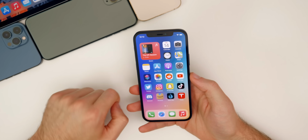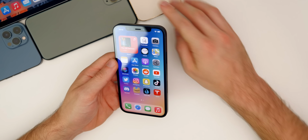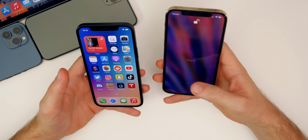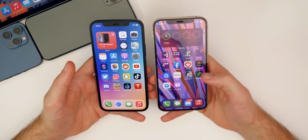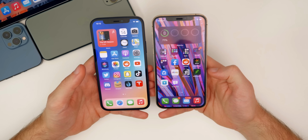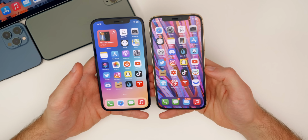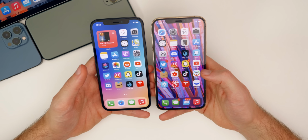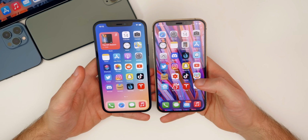So now let's talk about the performance here on 14.6 beta 3, because this is really the only time where I've had an issue with this beta so far. I did not have any issues on beta 1 or beta 2, but on my main device over here, specifically in certain applications, it just seems to be really slow. Like for instance, Robinhood and Webull both are very slow here in beta 3, and I'm not really too sure why that is. There are other applications as well, even like Twitter was being very slow the other day,